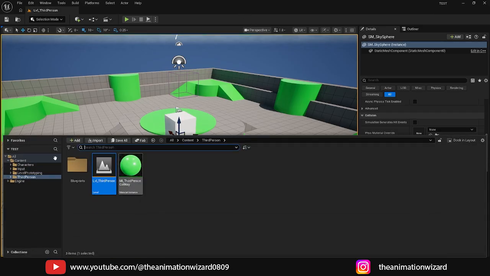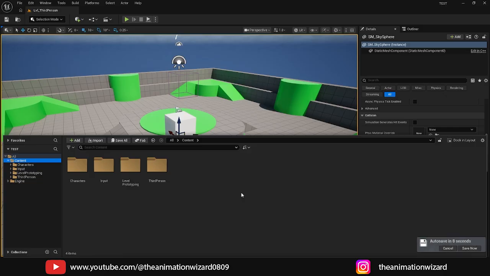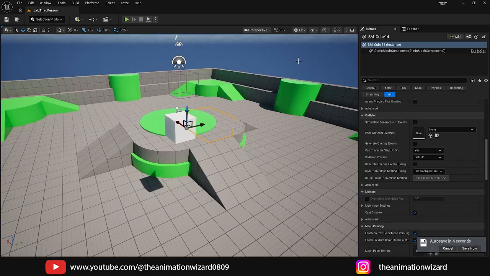Okay, so this is my content. And what is the content drawer? That means just like a drawer in your real life, there are drawers like a books drawer, a clothes drawer. This is the same. You will keep your assets and things here. Suppose you have a project, I have a project, and I have two different scenes. If I take the example of any game, in games there are many levels, so there are 3 to 4 levels, and